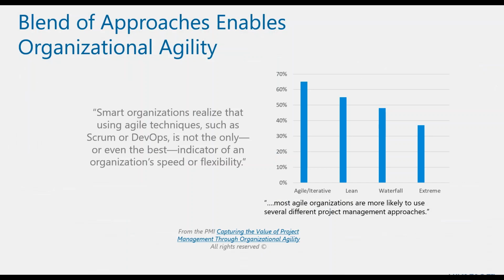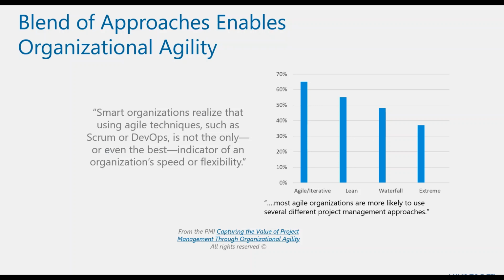But full Agile adoption across all aspects of an organization is not what we're seeing. We're seeing that many organizations are doing a little bit of Agile where it's appropriate to do so, things like software development and new product development. But the Project Management Institute, in a publication called Capturing the Value of Project Management Through Organizational Agility, said that